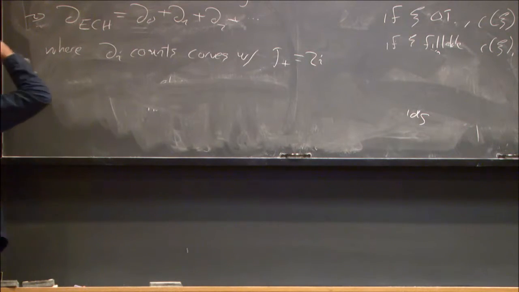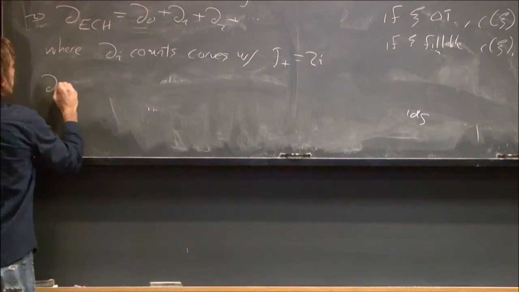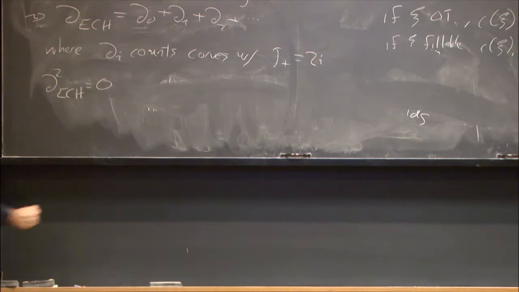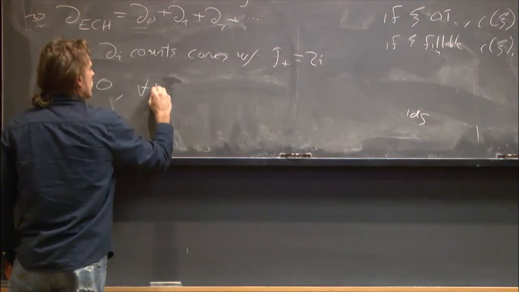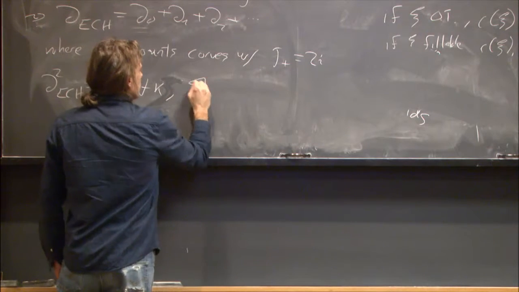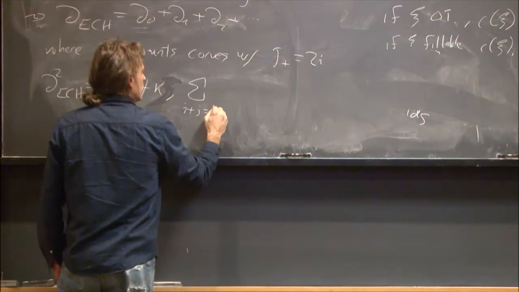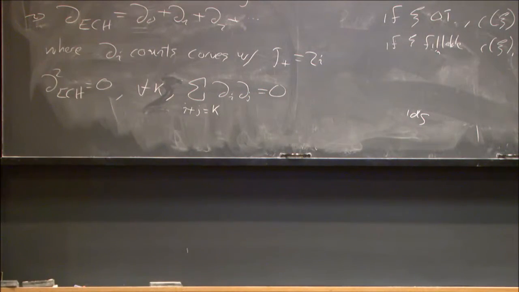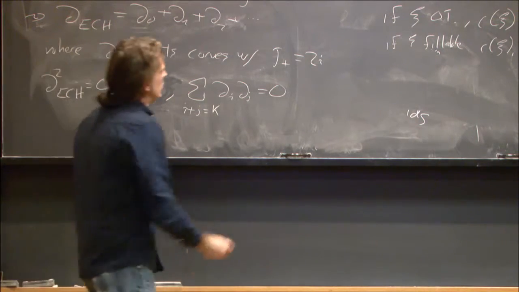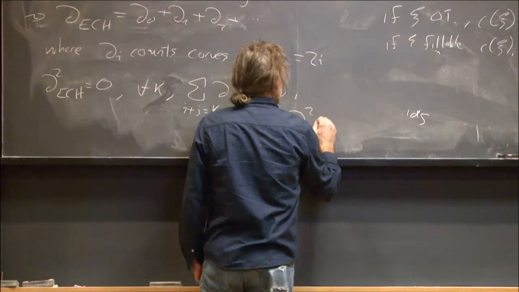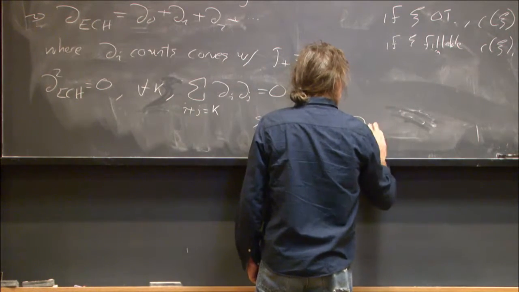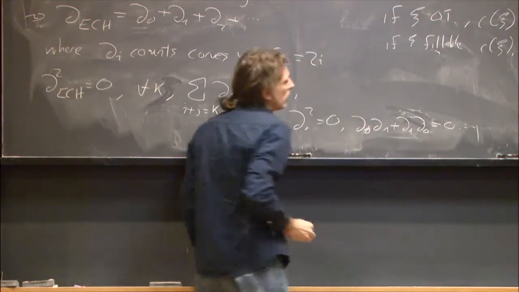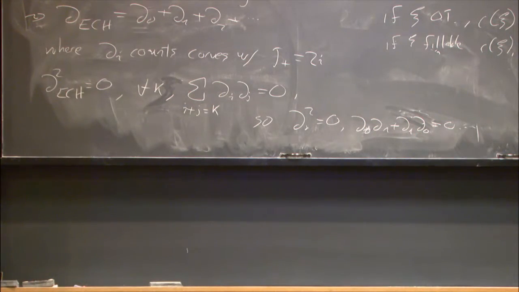And then from additivity, we can get that, since the thing squares to 0, we find that these mixed terms, if you fix some integer, or natural number k, the sum over all I plus j equals k, boundary I, boundary j, should also give us 0. So boundary 0 squares to 0. Boundary 1, so let's say boundary 0, boundary 1 plus boundary 1, boundary 0, et cetera, from which